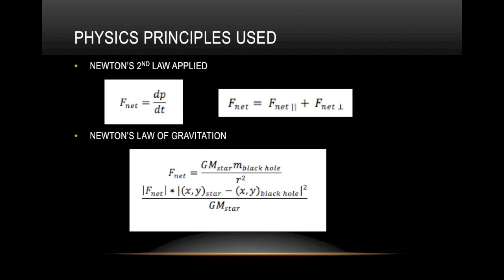So the physics behind this is we're going to apply Newton's second law, which, when you rearrange the variables, says F net equals dp over dt, and also F net is equal to the sum of its parts, the parallel part and the perpendicular part. We're also going to use Newton's law of gravitation, which is G m1 m2 over r squared. That's going to be the net force. So when you rearrange that equation, you have the magnitude of the net force times the radius squared, which is going to be the difference between the star and the black hole position-wise, divided by G times the mass of